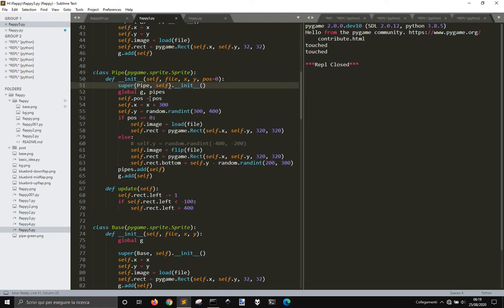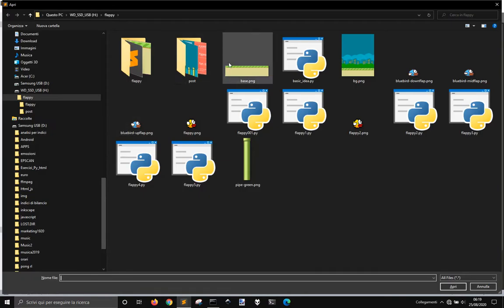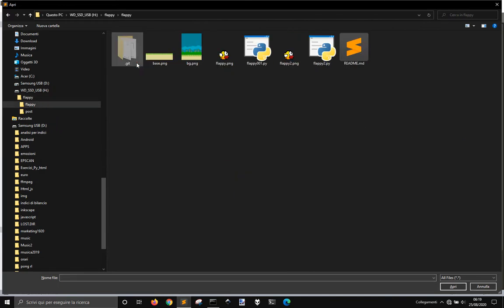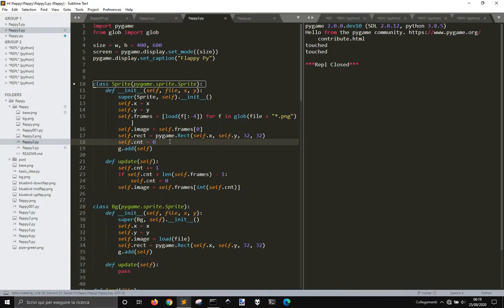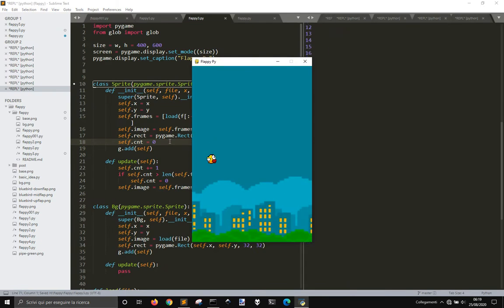First thing, let's go into the Flappy 2 here, and let's save it as Flappy 3. Let's say where we were last time. We were at this point where we have this bird flying here with this animation, and